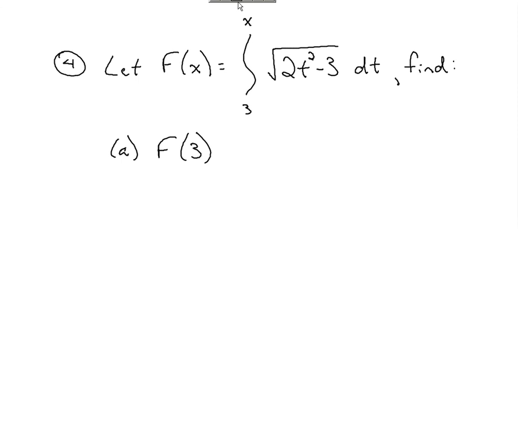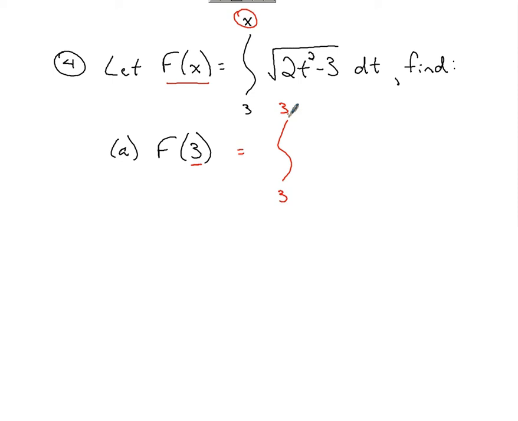So, given this function as it's defined, the first thing we want to find is basically f of 3. Now this function is defined as f of x, right? So what this 3 represents right here is a value that I should be replacing x with. Now if I do that, the only x that I see for this function as it's defined up here is this x at the top. So plugging in 3,